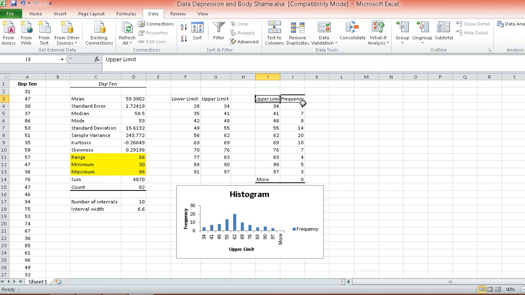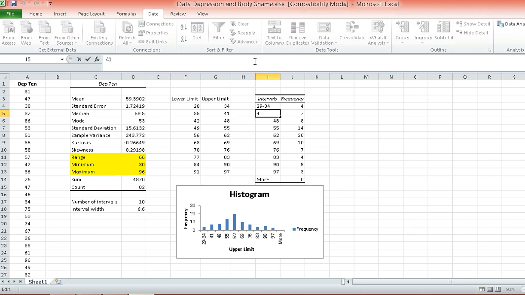Maybe you can change this into intervals. Okay, intervals. And then let's make this complete. So instead of 34, let's write in 28 to 34. Like that. And then do it for the rest.